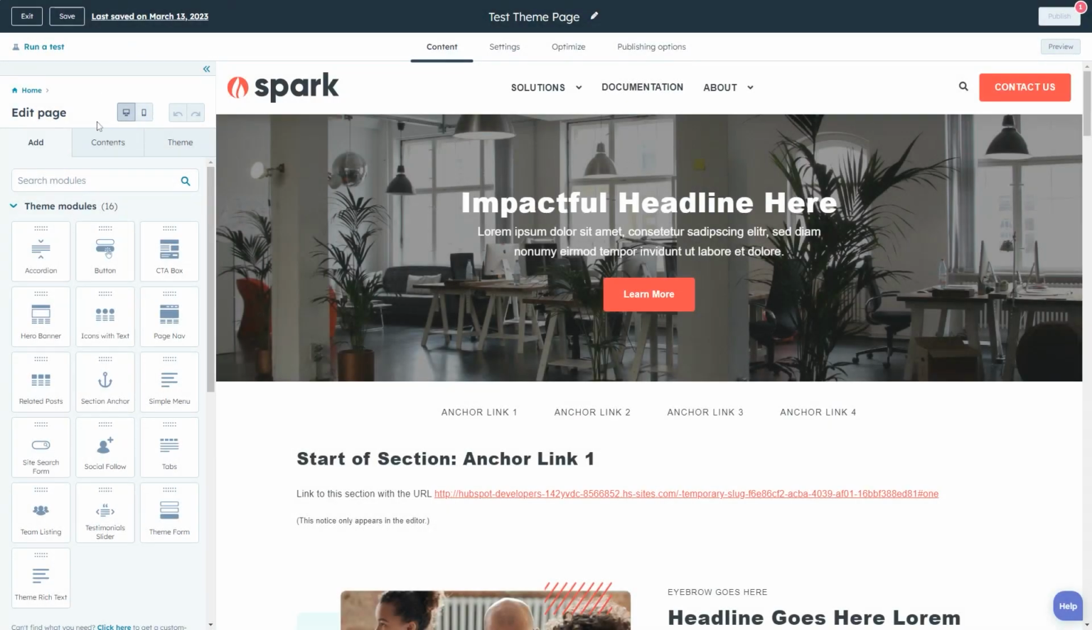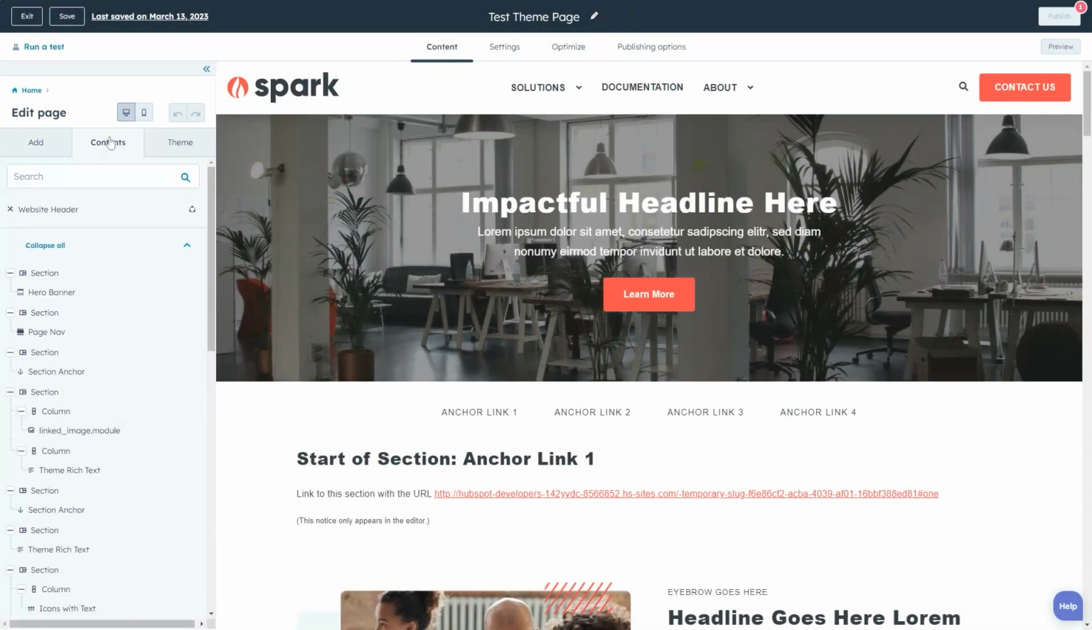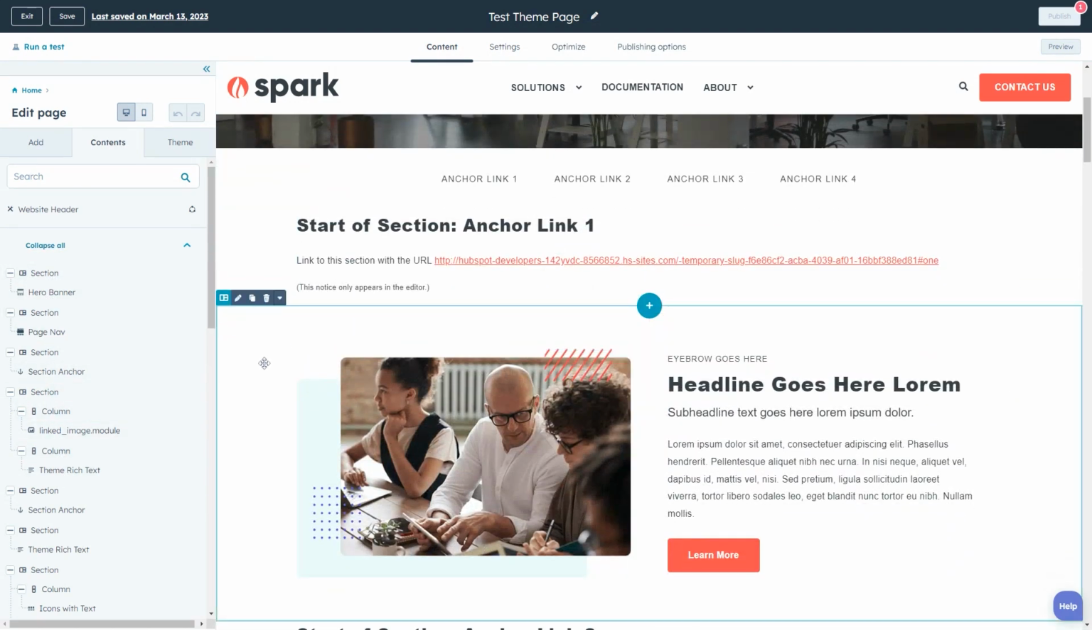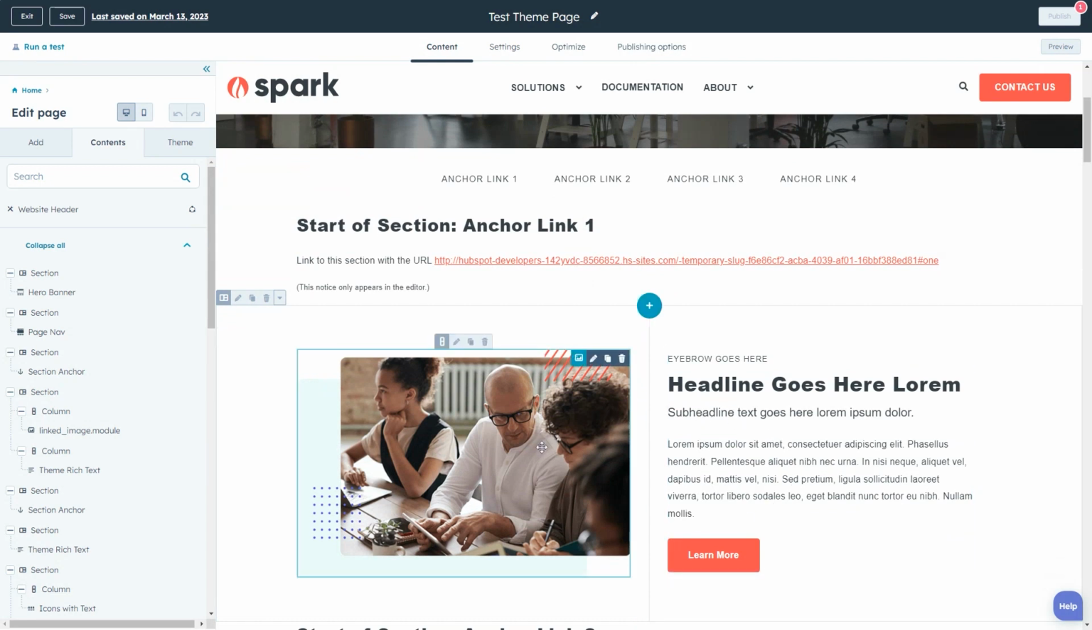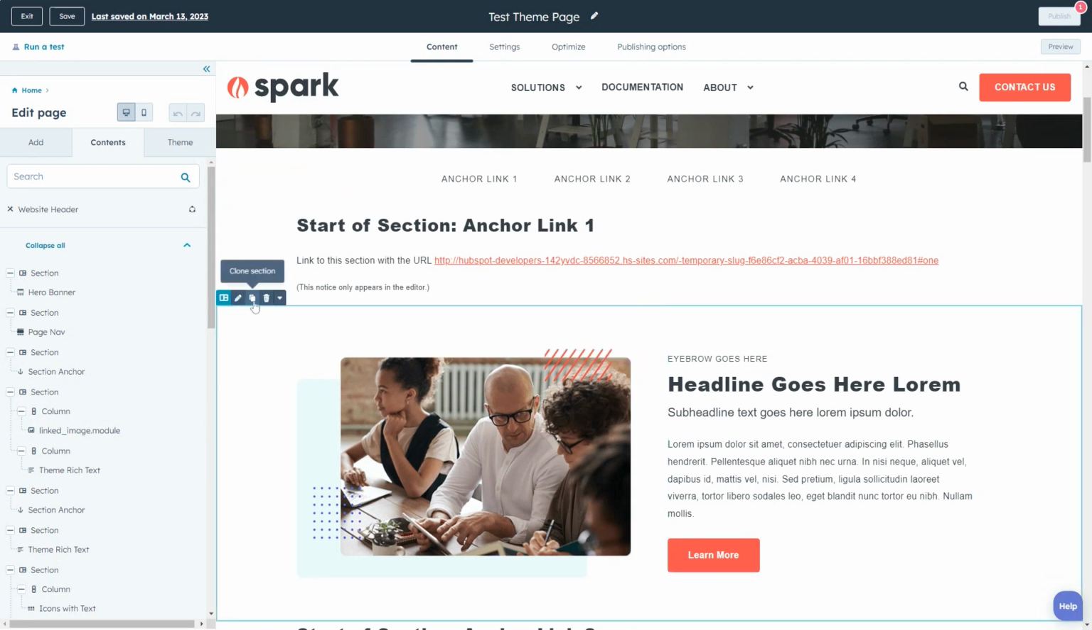Page editor, we'll first click into the Contents tab, where we'll see that a drag and drop page is made up of sections, columns, and modules. Sections are a wrapper around a single row of columns. Hovering over a section gives you the options to clone it, delete it, or by clicking on the drop-down arrow,